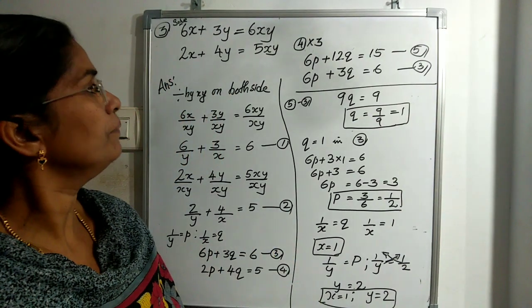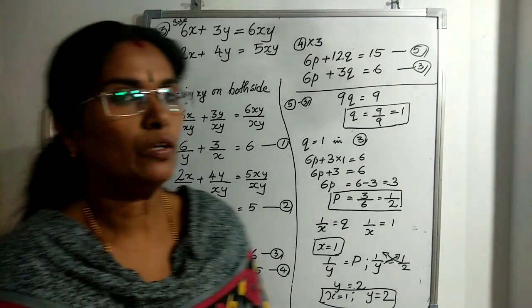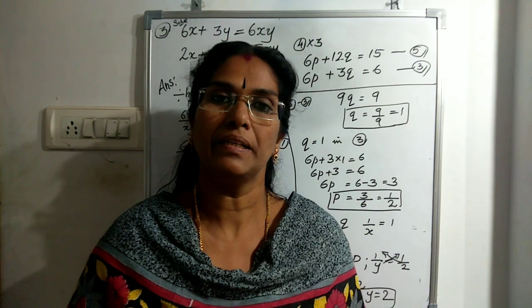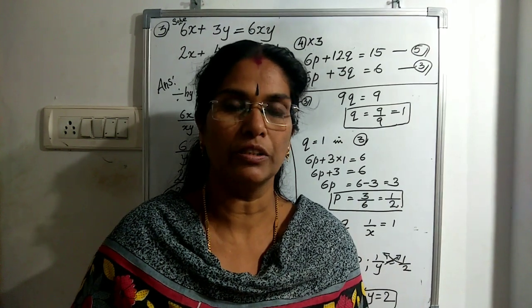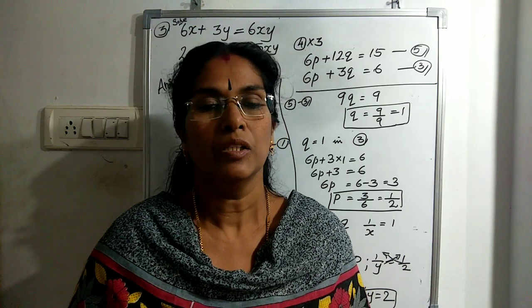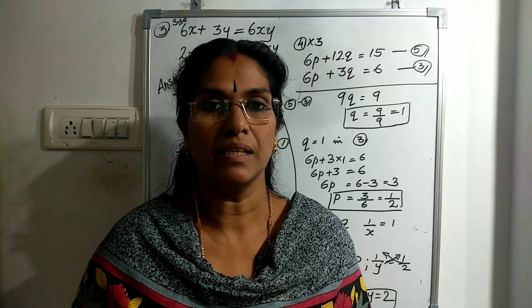I want to repeat it once again. It means if the given equation is not in linear form, we have to make it a linear form. All the other parts are the same. You have to substitute whichever is suitable there; that we have to find out. By solving more problems it is very easy.